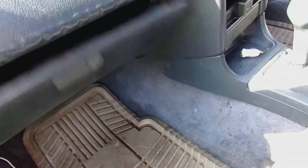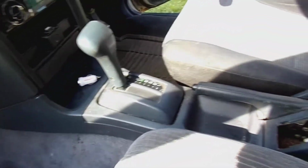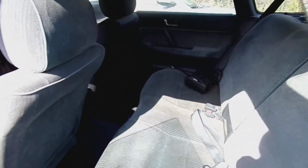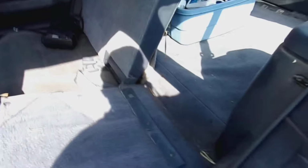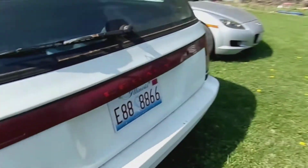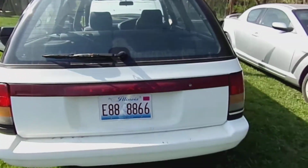Glove box. Back seats. Back seats do fold down pretty easily. You just pull up on that right there and they go down. The back does have a rear windshield wiper,